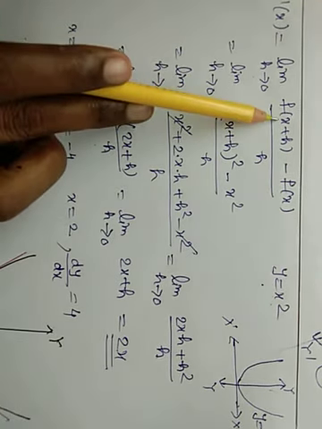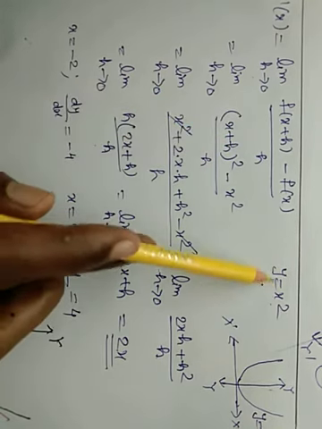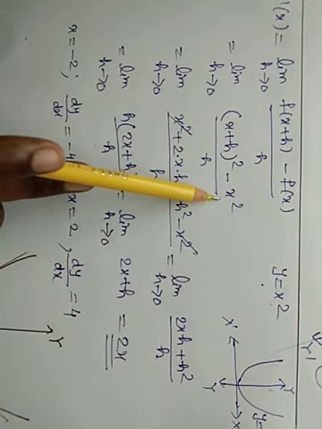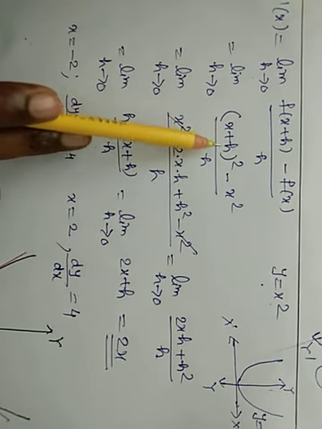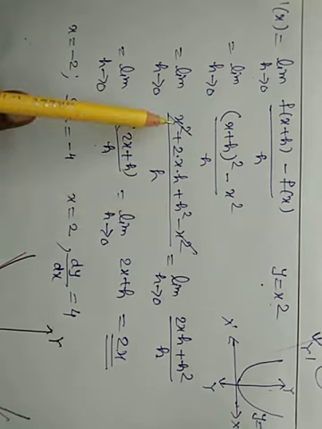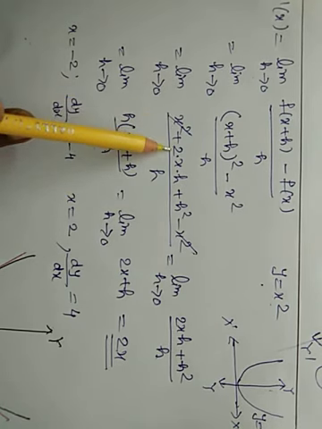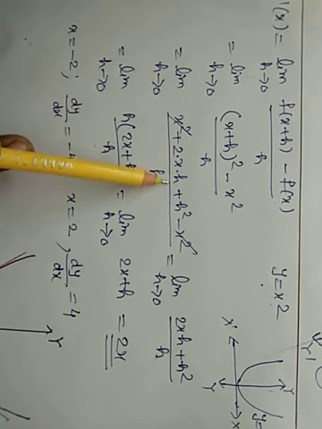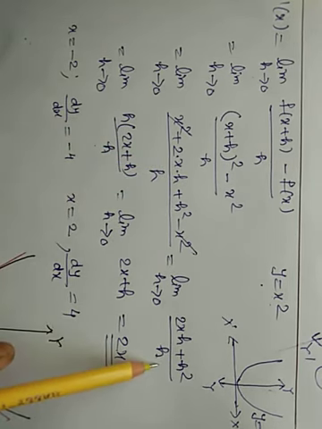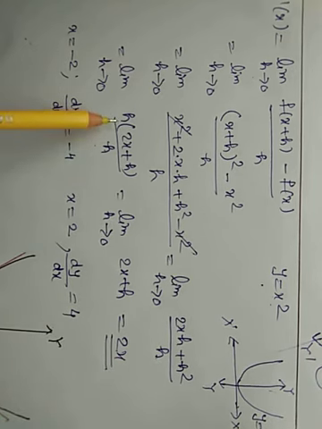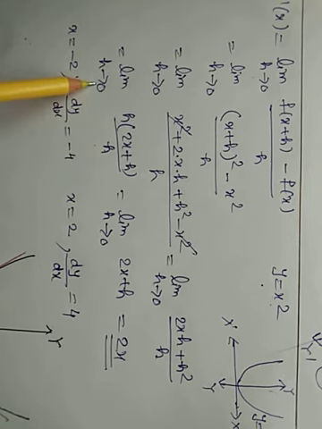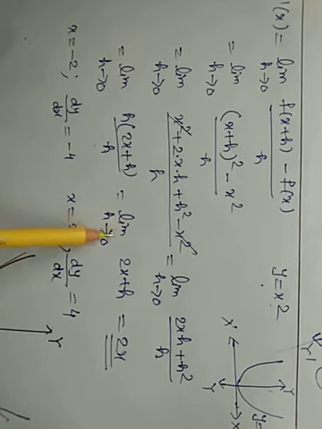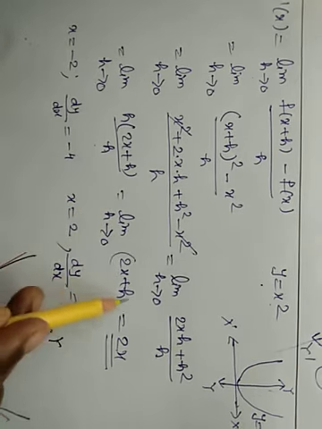Formula we have applied. f(x+h) equal to (x+h) the whole square, as y equal to x square, minus f(x) equal to x square, divided by h. This is the (a+b) the whole square formula. x square plus 2 into x into h plus h square minus x square upon h. x square cancelled. It remains (2xh plus h square) divided by h. Taking h common, you know how to solve the limit. This h will get cancelled, as h tends to 0, h is not equal to 0. Therefore, we got the limit of 2x plus h as h tends to 0.